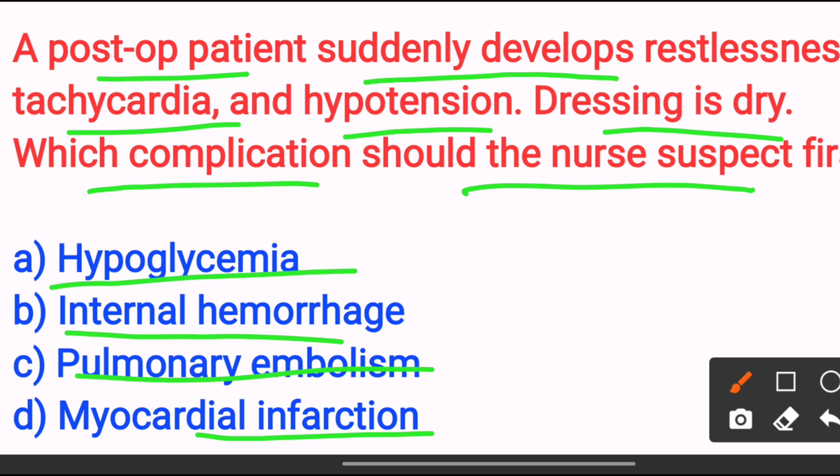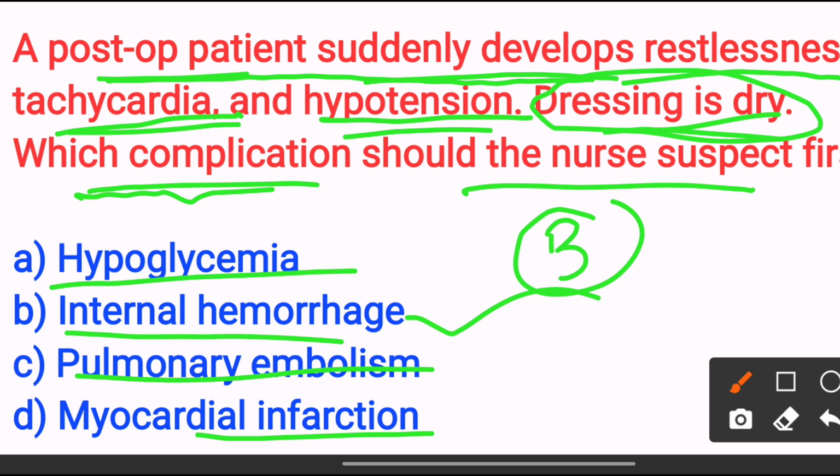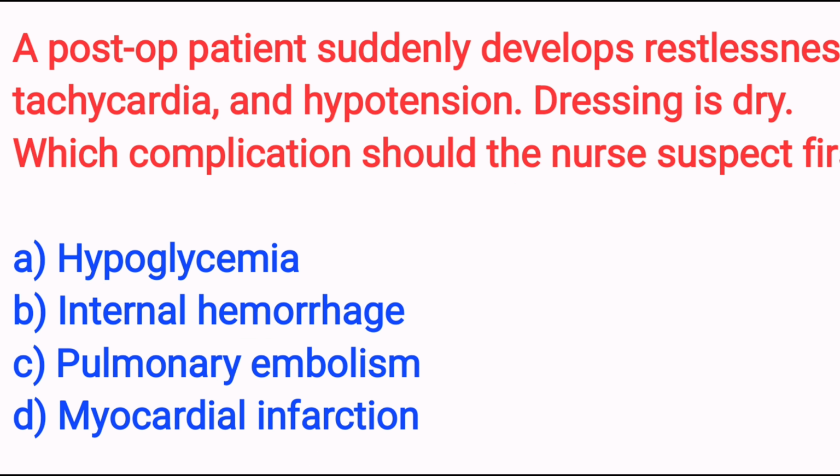The answer is option B, internal hemorrhage, because they already told us the post-operative patient suddenly developed restlessness, tachycardia and hypotension. Dressing is dry. The dressing is already dry and they asked for the complication. Internal hemorrhage should be suspected because it is a sign of shock without external bleeding. It's showing the internal bleeding. So the answer is option B. Next,